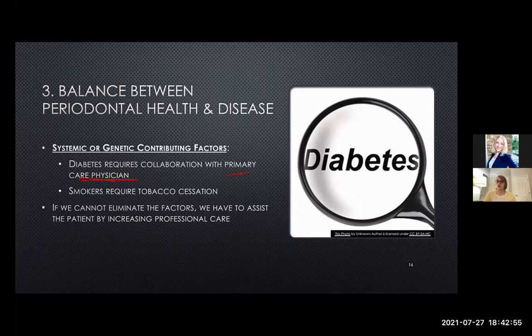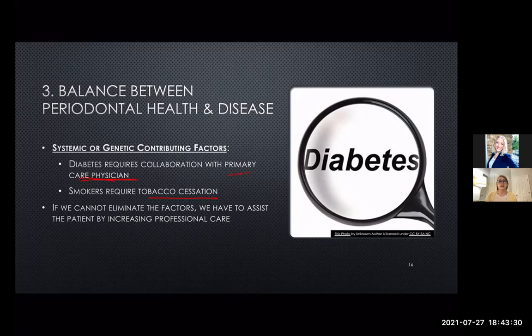And then smokers, they always require tobacco cessation. So always, always, always go over tobacco cessation. And you're going to say, but Miss Mitchell, what if my patient says they don't want to quit and they don't want me to talk about it? Cool. I'm going to tell you it's your job. They can ask you not to, but you have to tell them, this is my job, and I wouldn't be doing my job if I didn't talk to you about this. You don't have to take my advice, but I still need to tell you what the potential risks are.